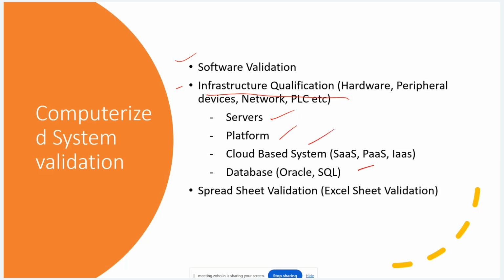We have to validate the database. We have to qualify the servers. We have to qualify your laptop, your desktop, your client. Upon qualifying the infrastructure, you can install the software. Like your mobile, you have to qualify it, then you can install software like WhatsApp. Okay, so we are going to cover how to qualify the infrastructure, how to validate the